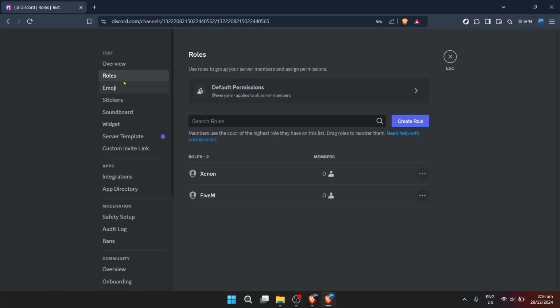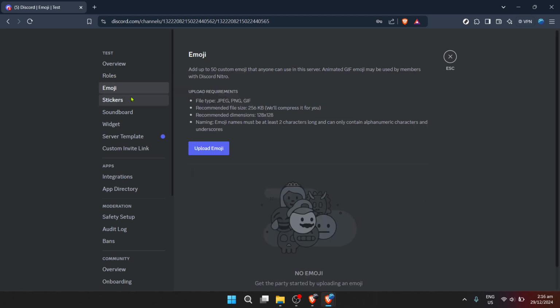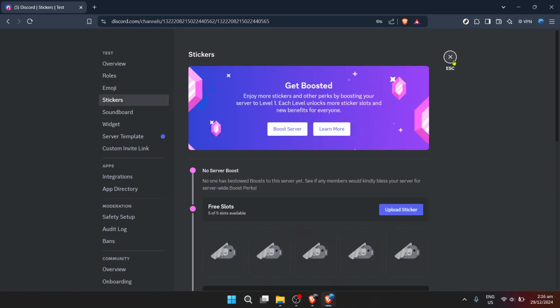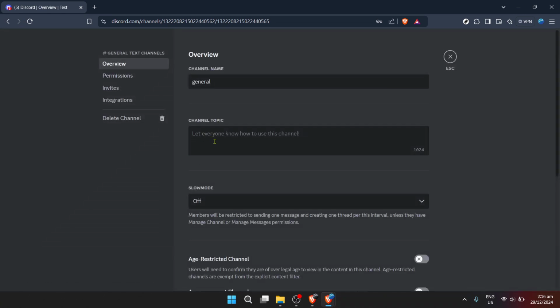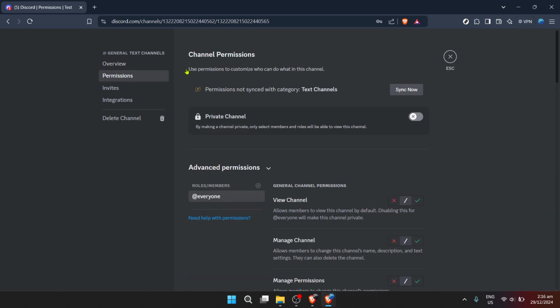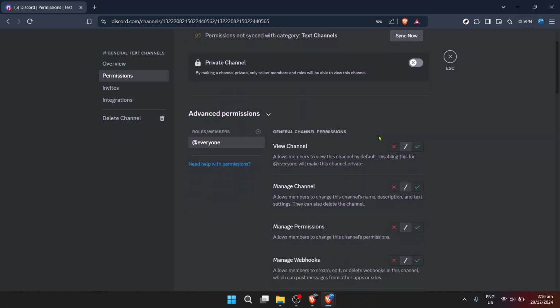Next, you'll need to navigate to the specific channel settings where you want to restrict the chat history. By hovering over the channel name, an edit button or a gear icon should appear. Click on this edit channel option to proceed to the channel settings. Inside the channel settings, seek out the permissions tab. This area is crucial because it lets you control what members can and cannot do within this specific channel.